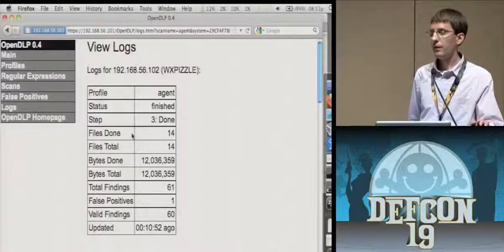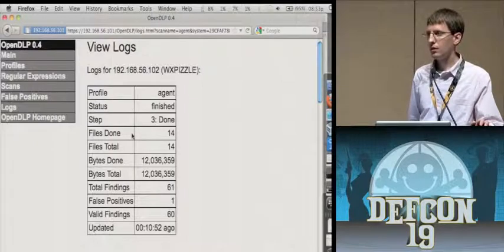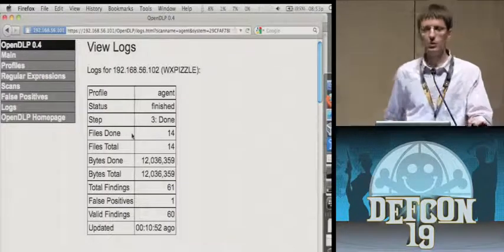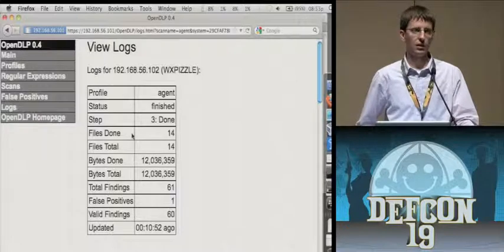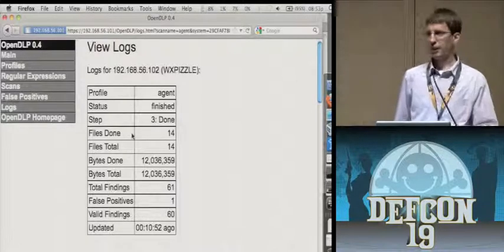Have you thought about adding like a self-destruct so that if say it can't get in touch with the server after 3 days, it removes itself? So, yeah, the question was self-destruct, like if it can't contact the server after a few days, it'll just uninstall itself. The problem that I ran into with that,